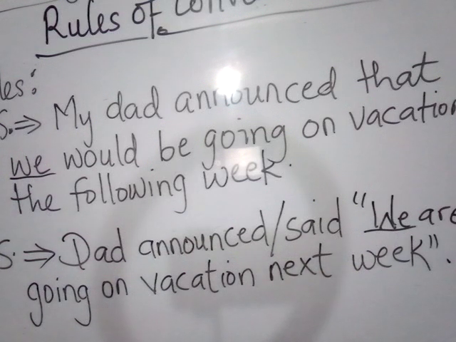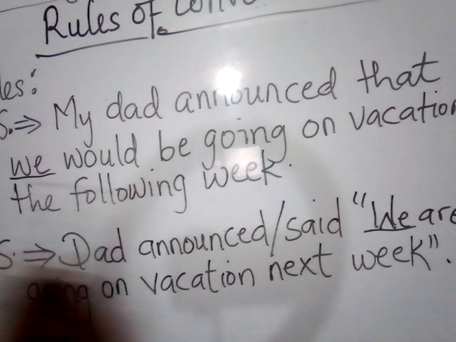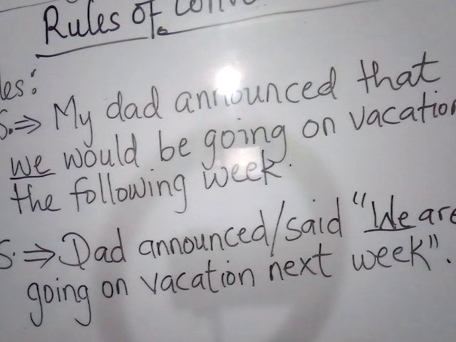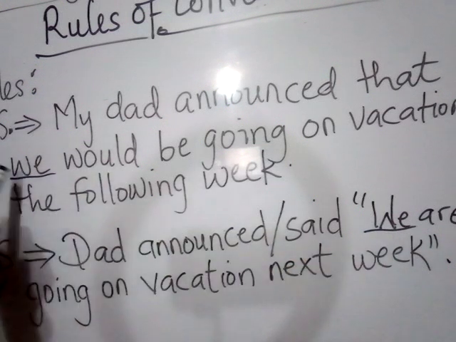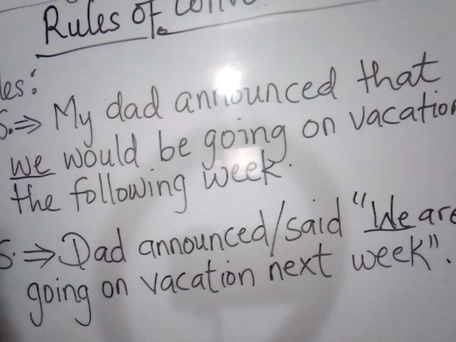So when we are converting from direct to indirect or indirect to direct, we need to be mindful of these things. Okay? So normally we would change to they when reported, or we in direct speech would turn to they in reported speech. But it depends on the context as well. Like the example we're just looking at now. Being a family member, we will still remain as we because it's part. Okay? And then